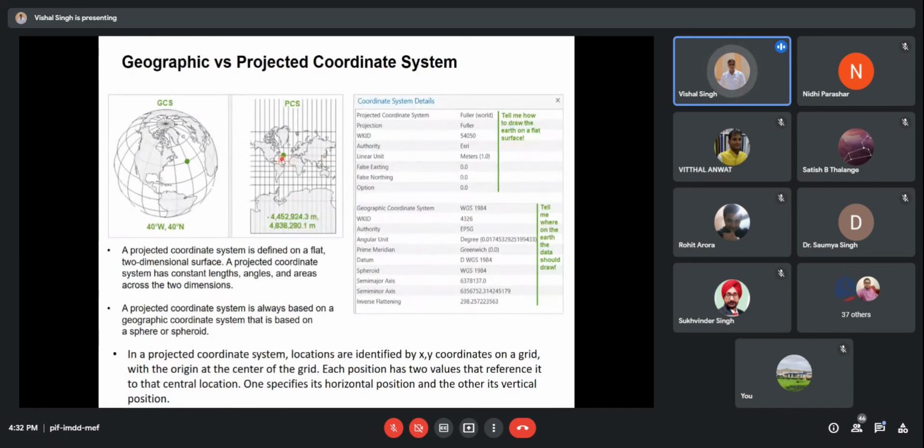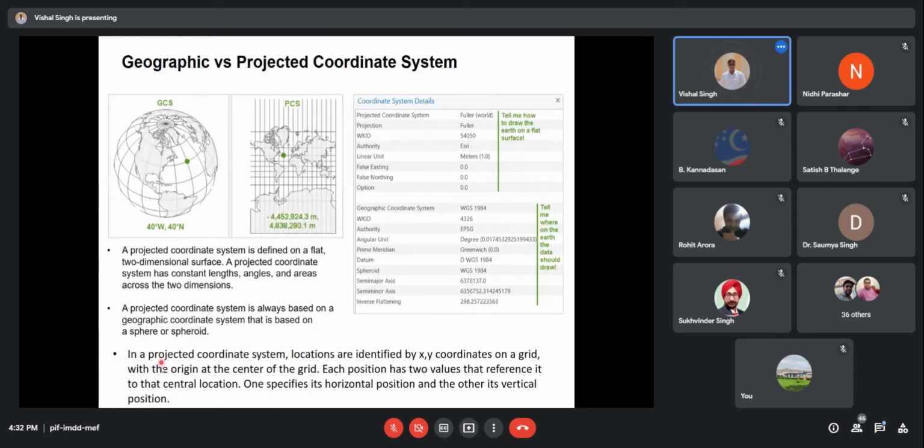The same location is appearing here. Here this is 40 degrees west and 50 degrees north, so this is your location in terms of the GCS coordinate system. And if you want to see what is the unit of this degree in the meter measuring unit, this will be represented by these numbers.